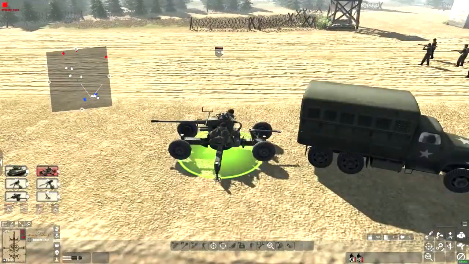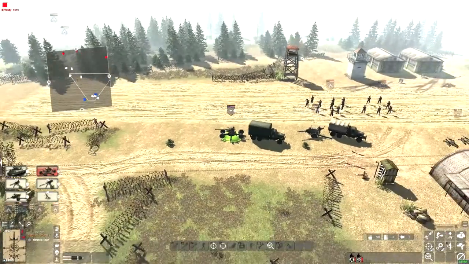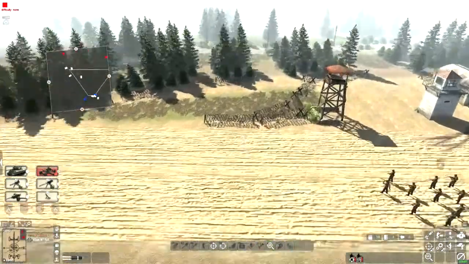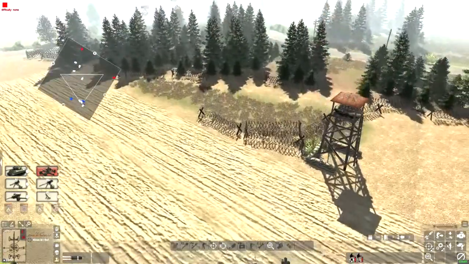Now we need to put our guns into position. So we have the 40mm Bofors anti-aircraft gun. It doesn't have good range, so do keep that in mind. We're going to place this thing...